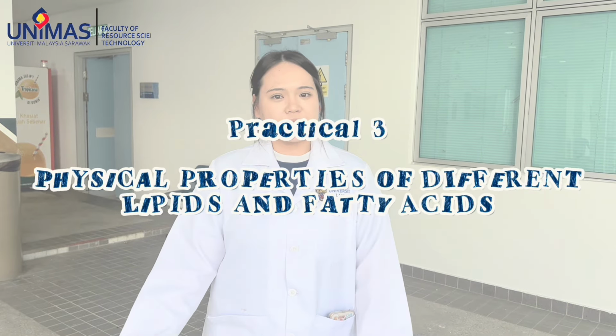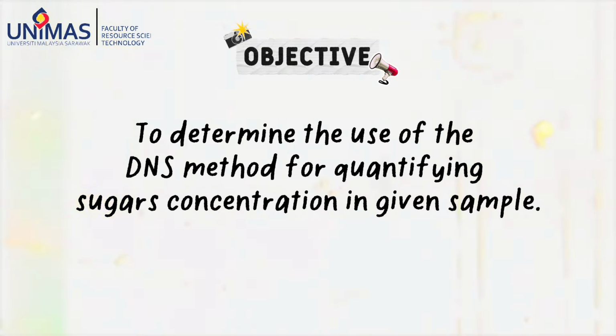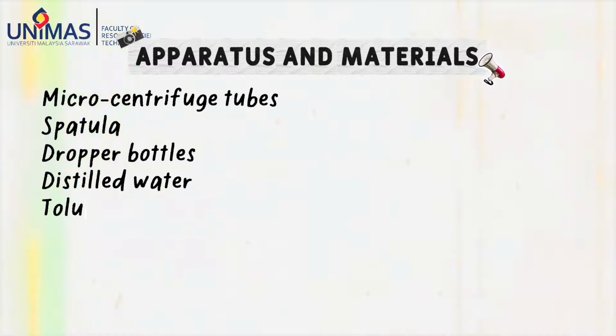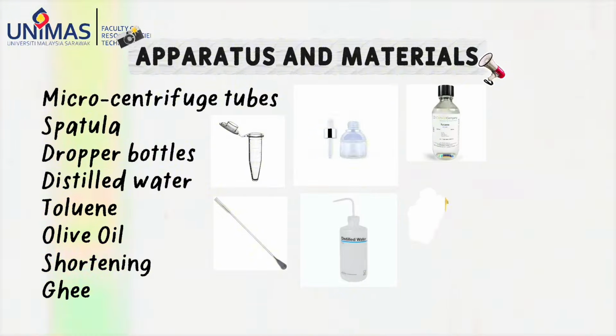And lastly, experiment 3, physical properties of different lipids and fatty acids. The objective of this experiment is to determine the use of the DNS method for quantifying sugar's concentration in a given sample. The apparatus and materials needed in this experiment include microcentrifuge tubes, spatula, dropper bottles, distilled water, toluene, olive oil,